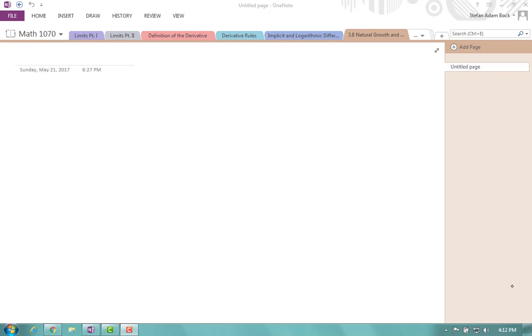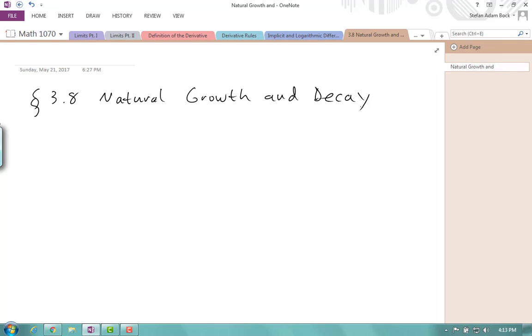Today, guys, we're going to take a short foray into differential equations. The title of this section, 3.8, is Natural Growth and Decay. Now, the reason we do this is naturally growing things, like populations, for example, and decaying things, such as, again, populations, if they're all dying out, or radioactivity,